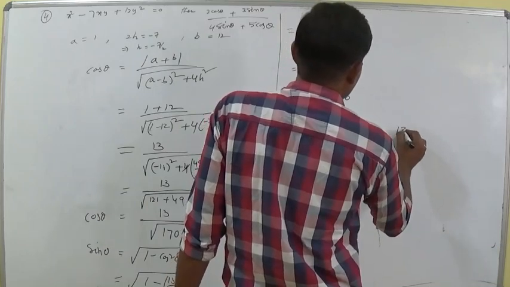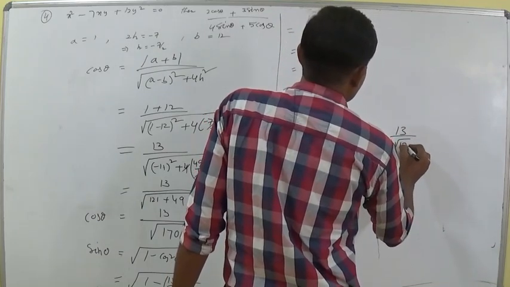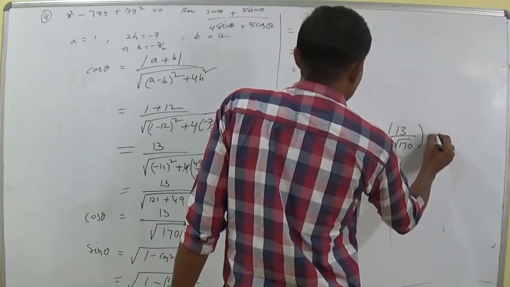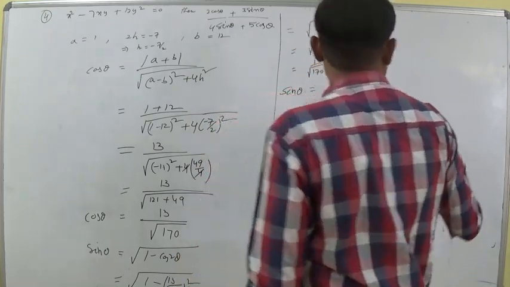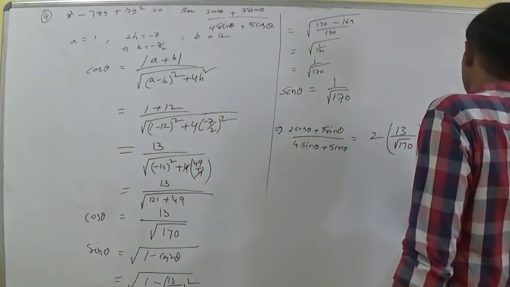Cos theta is equal to 13 by root 170, plus 3 into sin theta, 1 by root 170